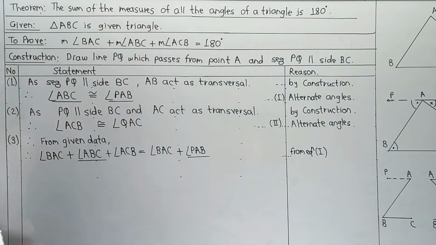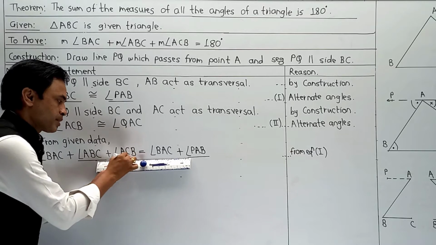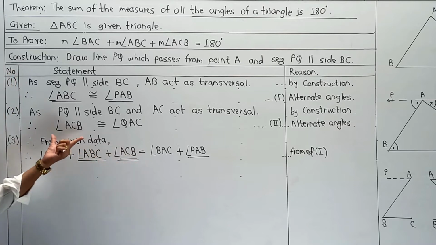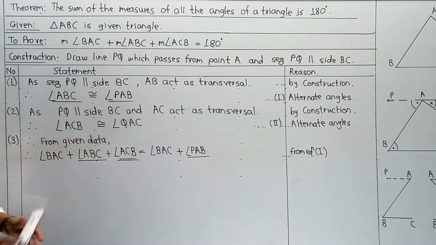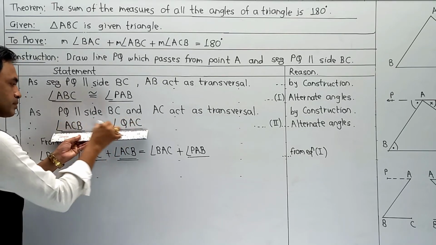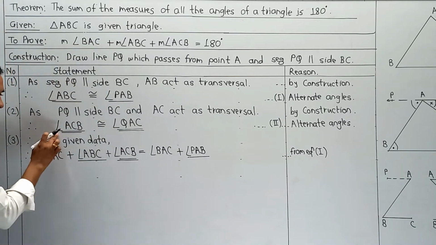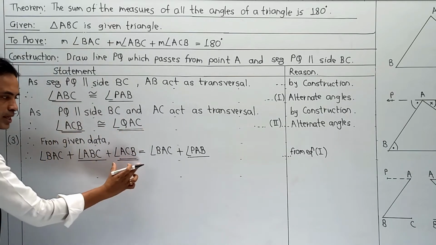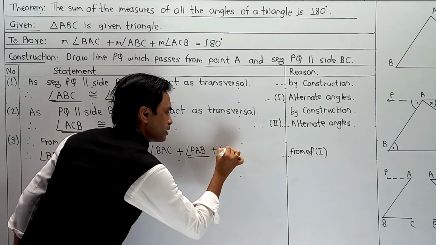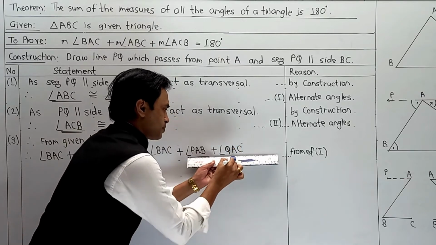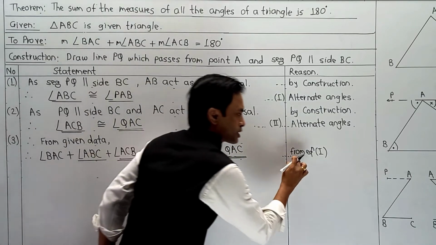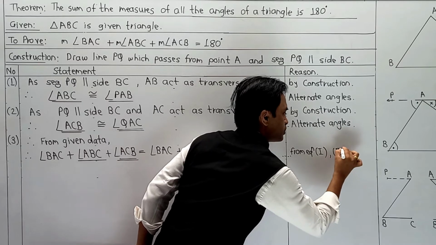Now there is also one modification about ACB. Again I make a double mark over here, angle ACB. Angle ACB is nothing but QAC. So again a reference over here. Just for clear understanding, I have made a double mark. Now ACB is going to be replaced by QAC, so I am going to write plus angle QAC, and that is from equation 2. So in the reason: from equation 1 and 2.